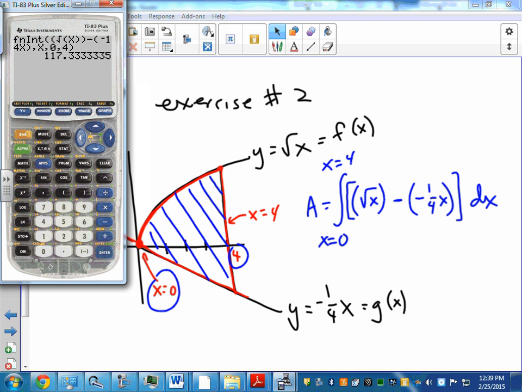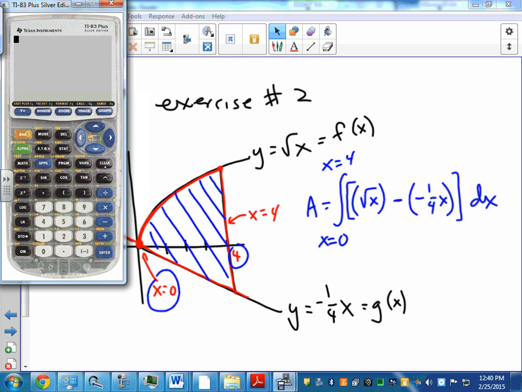And something's not right. I know that's not 117. Where did I go wrong? I got the square root. Okay, so I see what I did. I threw an extra set of parentheses in there. I wanted to delete. Okay, so I have the square root of x minus a negative 1/4 x, lost out a division sign there. Okay, so that looks good, entered it in. And now it still doesn't like it because of what? Let's see, I've got my negative 1/4 minus a negative,